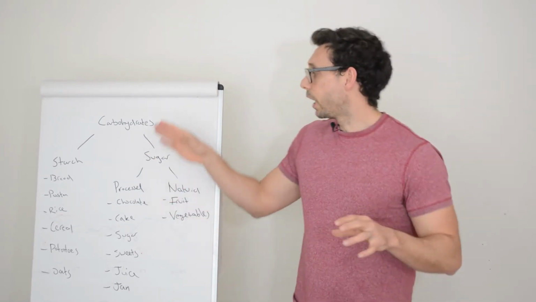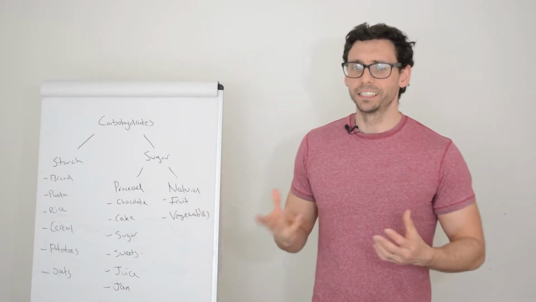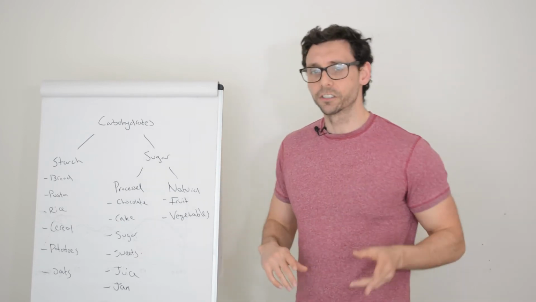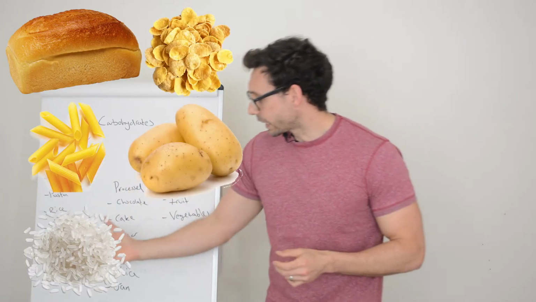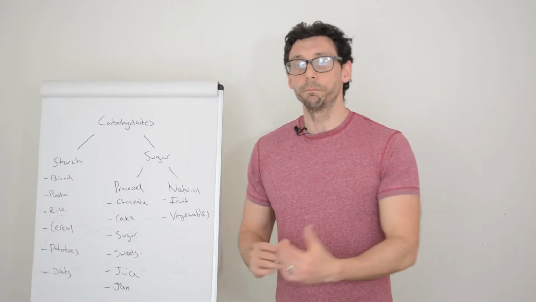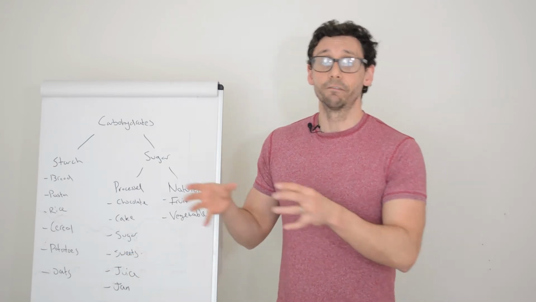So the ones that do are called carbohydrates. And we have carbohydrates in lots of different places in the diet, but we can broadly separate them into 2 categories. The first being starch. So starchy carbohydrates, things like bread, pasta, rice, cereal, potatoes, oats, all are turned into glucose when you eat them. Doesn't mean they're sugary, but it does mean that they are turned into glucose and therefore have an effect on